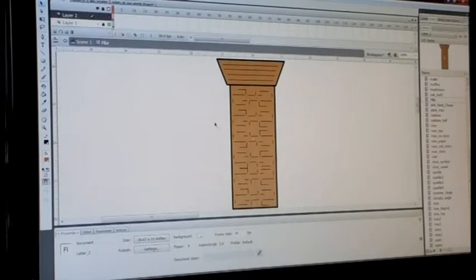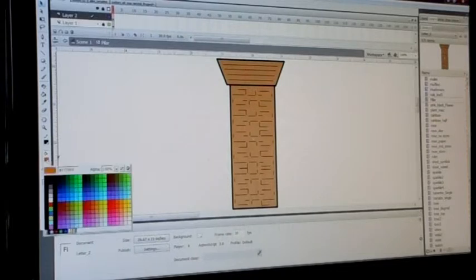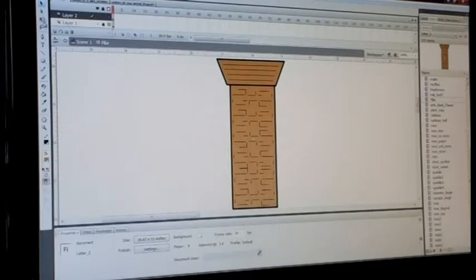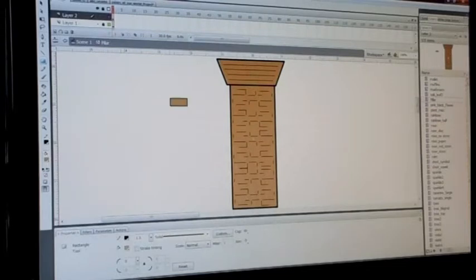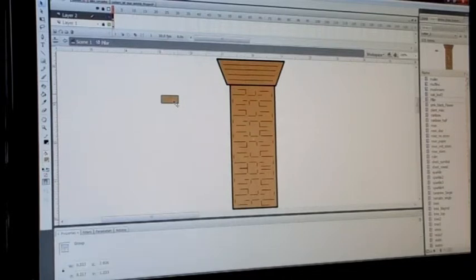Now if you wanted to draw bricks, you might be tempted to draw square bricks. If you're working in Illustrator or in Freehand, that might be the way to go because you're going to end up with a more realistic thing. So you might want to draw a brick, select it, group it, and use your Alt. There's a hotkey on the Mac, I don't know, but on PC it's Alt, and you can just grab and make more of them. So you might be tempted to actually build this out and make it look really, really realistic,